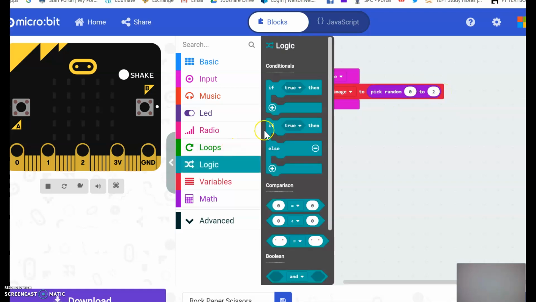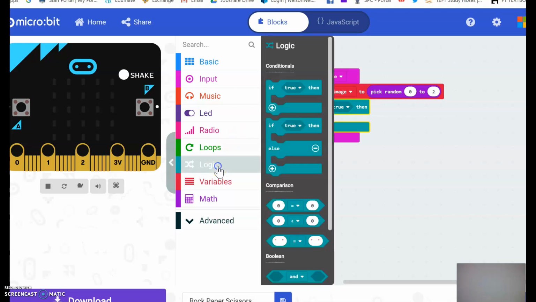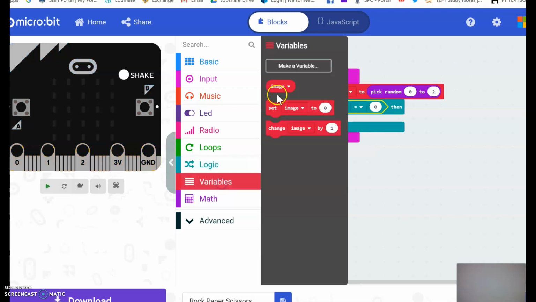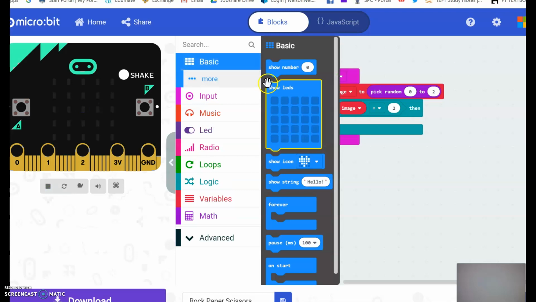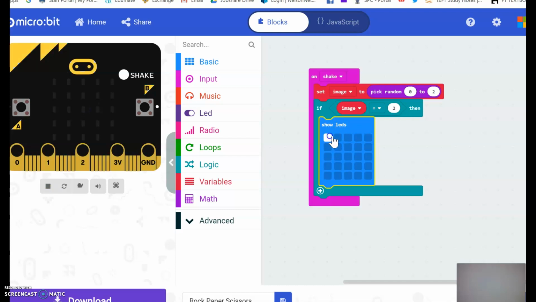Now I'm going to do some logic loops. I'm going to say if my image is equal to 2, I am just going to say that that's going to be a paper image, and I'm just going to draw a paper. You could actually fill up the whole LED for paper, it's up to you. Okay, else